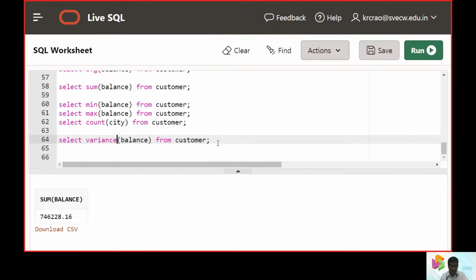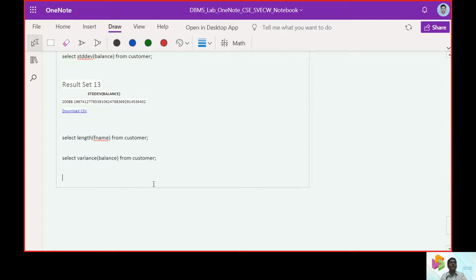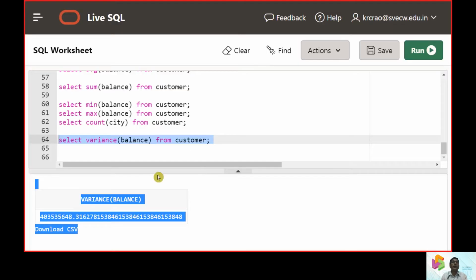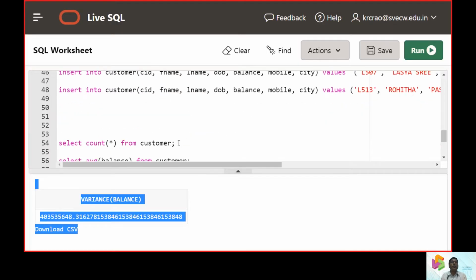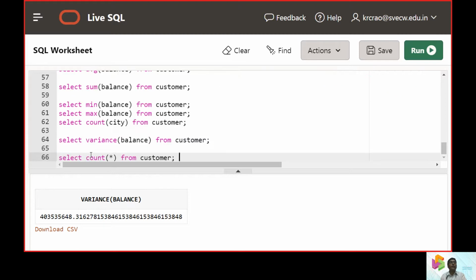What was the variance among the balance? Standard deviation is followed by the variance, and we apply it to the numeric values here. Similarly, we have 26 rows available from the customer.